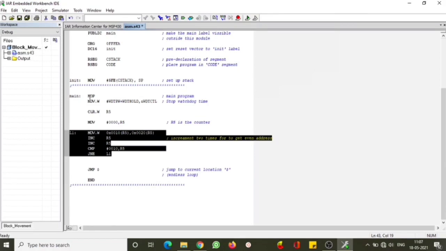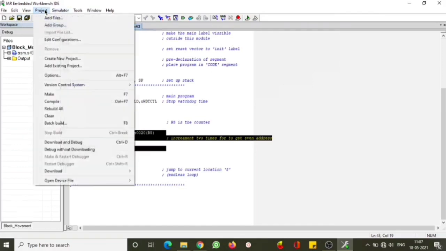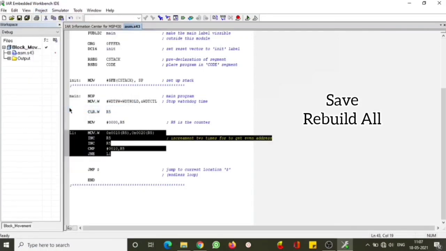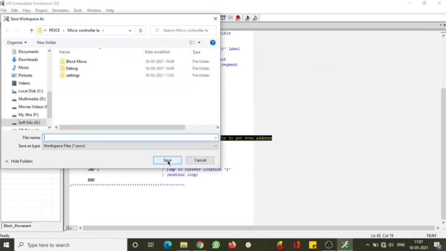After this, you are supposed to save this file. Once you save the file, you have to go to the project and build it. Click on build. Now it will ask you to save it somewhere. So you have to open a proper folder, then save it inside that with a proper name. I am giving it the name block move, since we are only speaking about block underscore movement. You can see an earlier file also stored here. I am saving it here now.